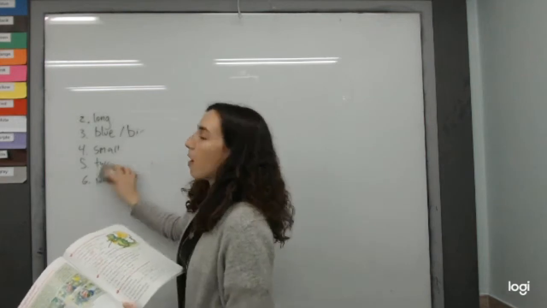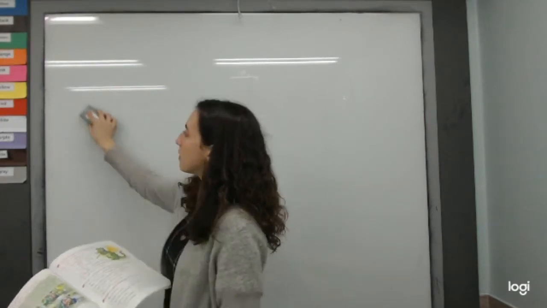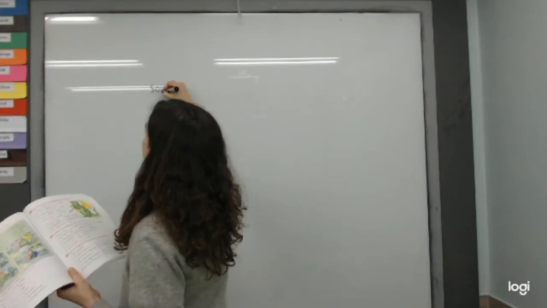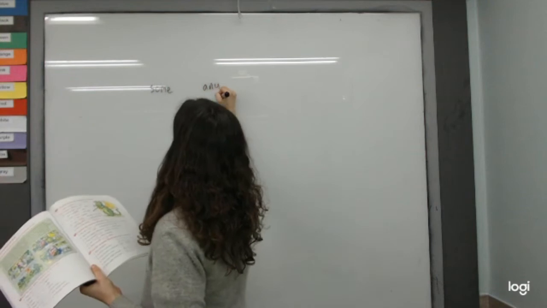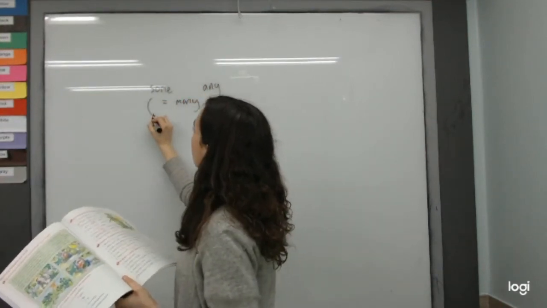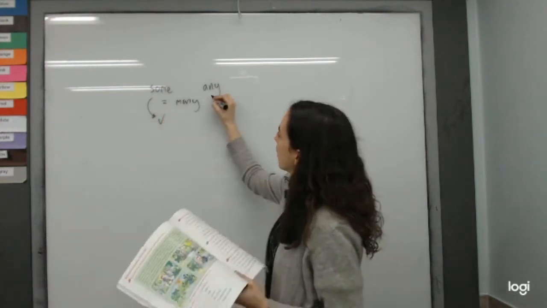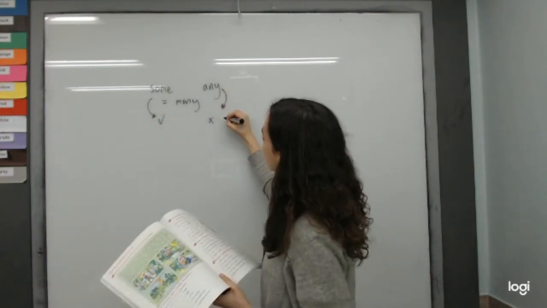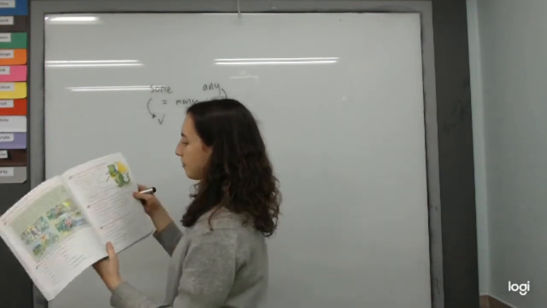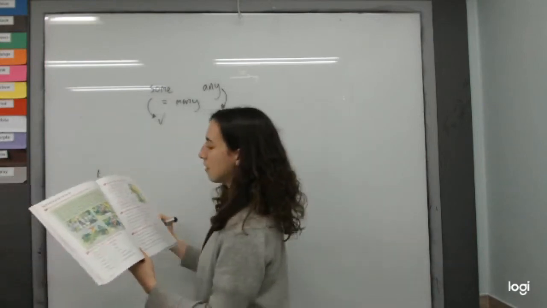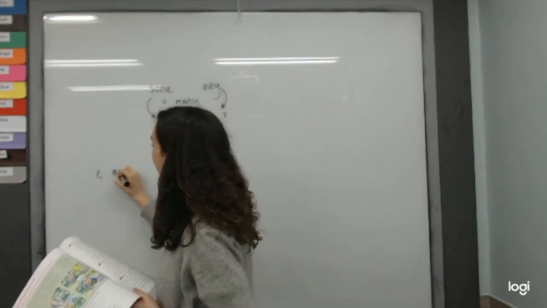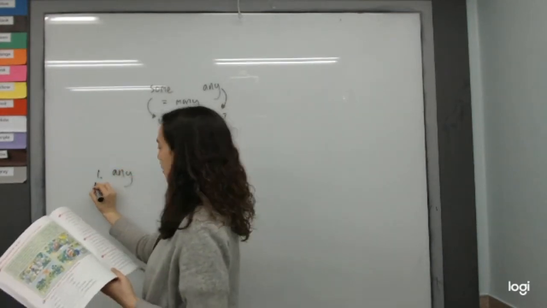Okay, so for this part, we have to remember the difference between some and any. So if we remember, some and any are both words we use with many things. We use some in yes sentences and any in no sentences and questions, okay? So let's check this one. For number one, we saw some mountains, yes, saw, but we didn't see any volcanoes.